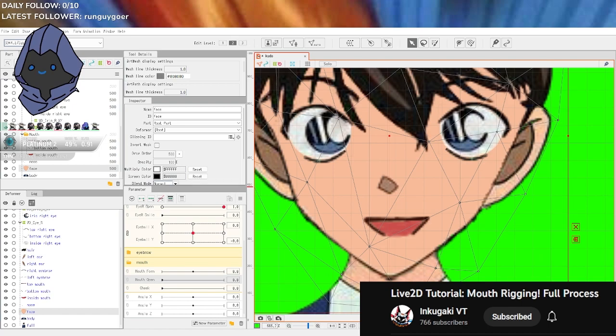Alright guys, now we finish our upper lip and lower lip mesh remake. Before we continue, I want to show you something really cool. This image is a mouth shape sheet for Live2D. They are really useful because they